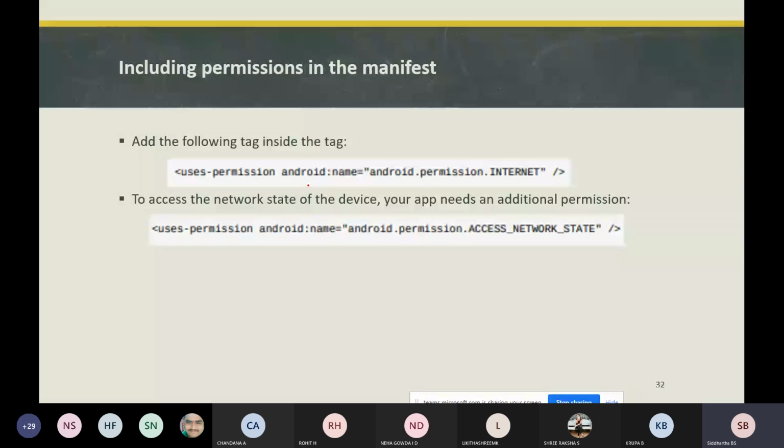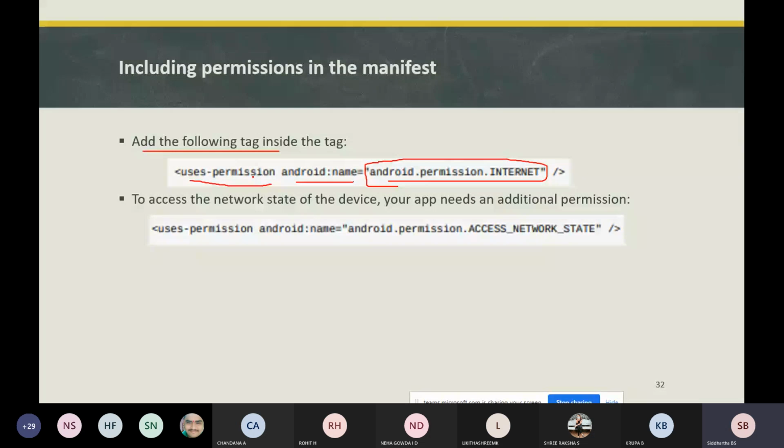When we are making a network call in our application, we need to include a permission in the AndroidManifest.xml file. How do we include it? We need to add a tag, uses-permission with android:name android.permission.INTERNET. This is the main thing you need to add to the manifest file, within the manifest tag.